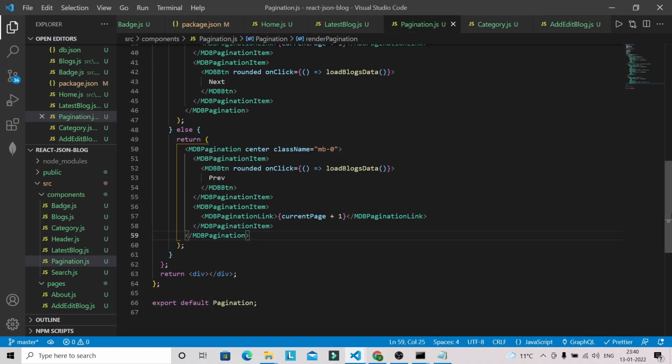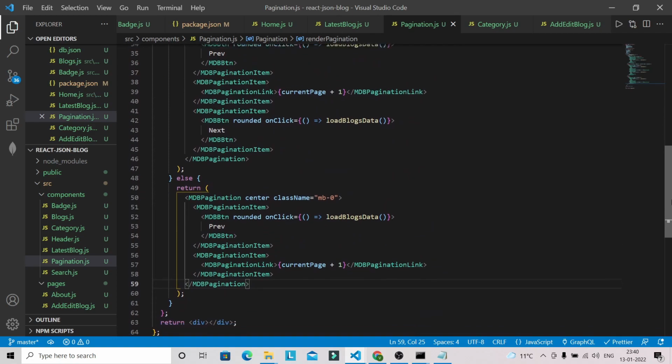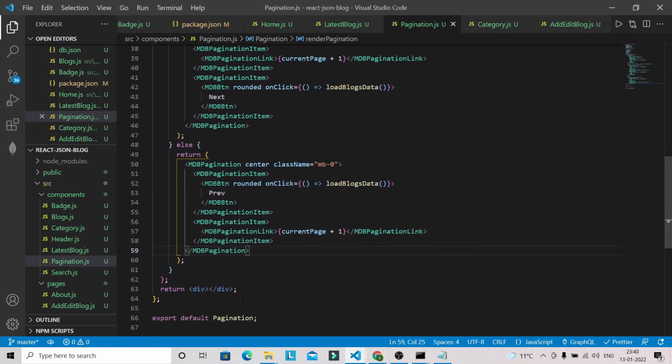Okay, and here we can simply do render pagination. Okay, now